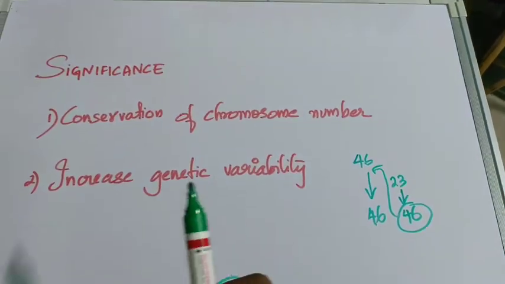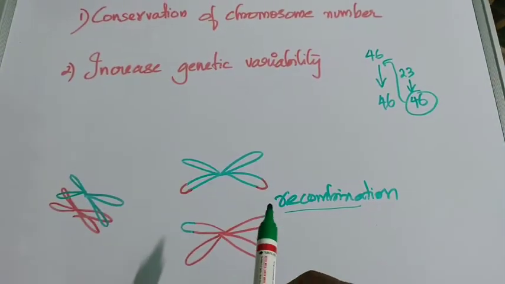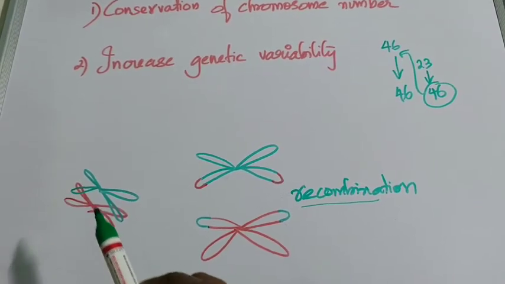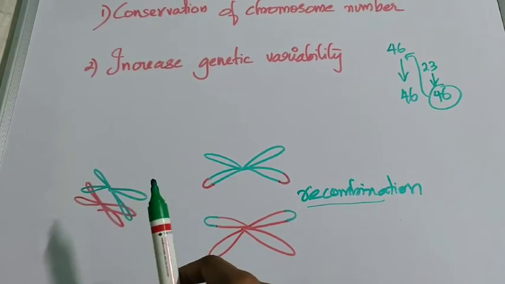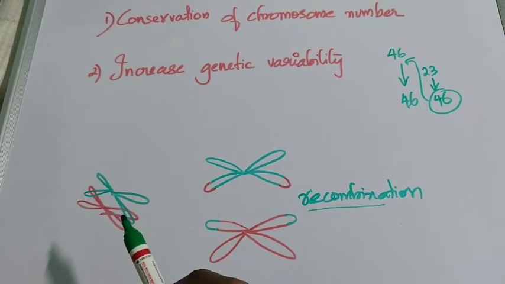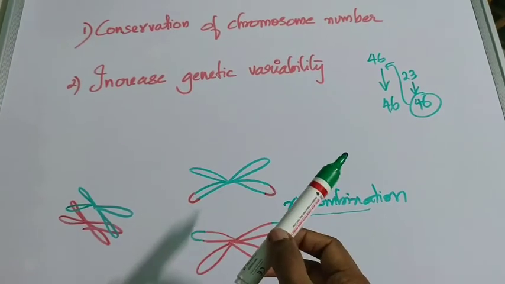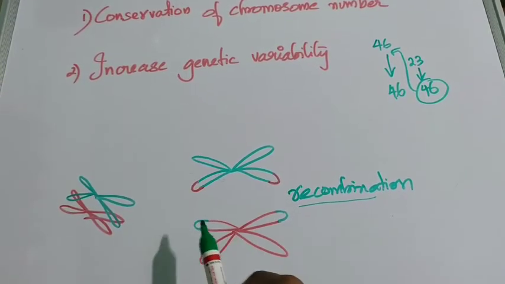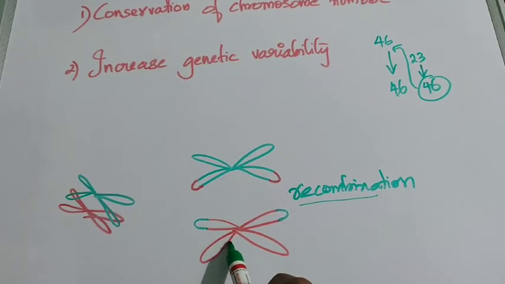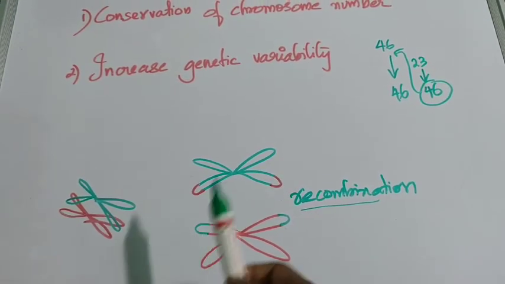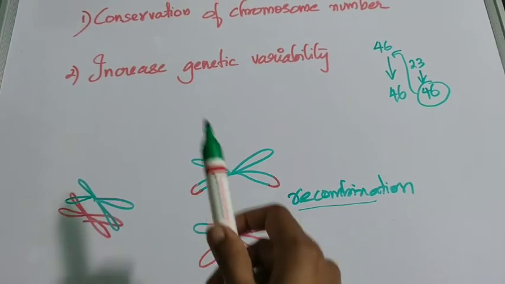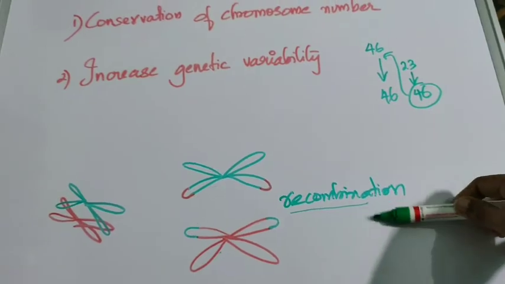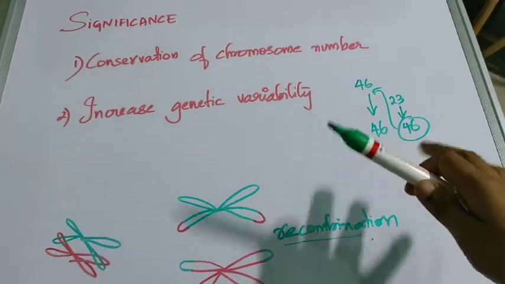Not only that, it increases genetic variability. Genetic variability is nothing but recombination. So initially it was like this, each of the chromosomes was red and green. Okay, red and green. But because of this recombination or crossing over which is happening only during meiosis, there is a new part of a new genetic material, a new combination has been introduced to this chromosome. That will help to create a new variety. That is what is called increased genetic variability. The reason we say increased genetic variability in meiosis is that the process called recombination does not happen anywhere other than meiosis.